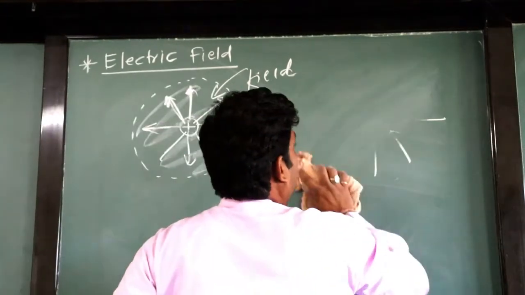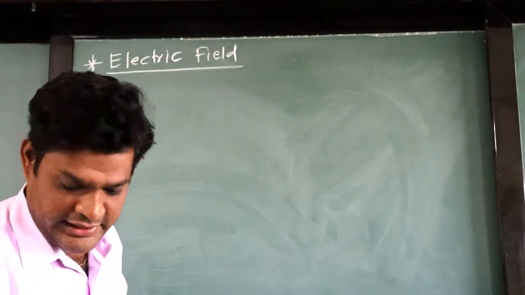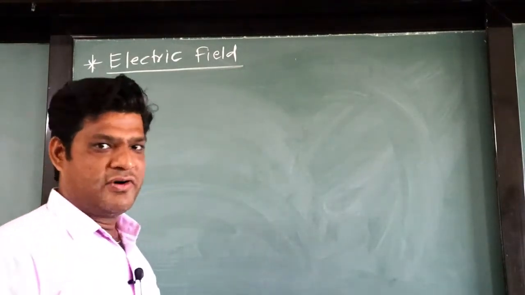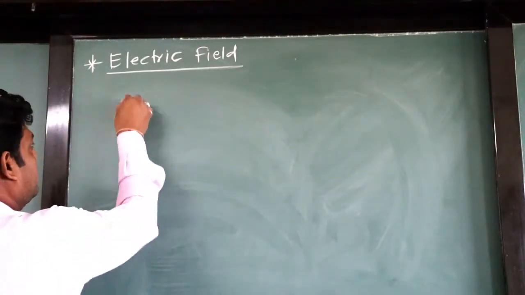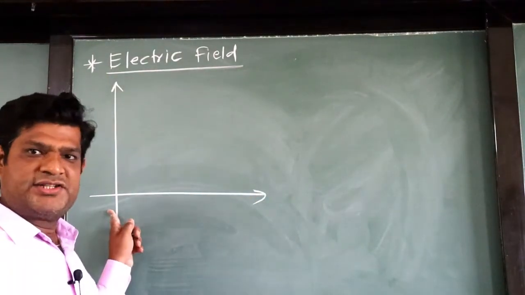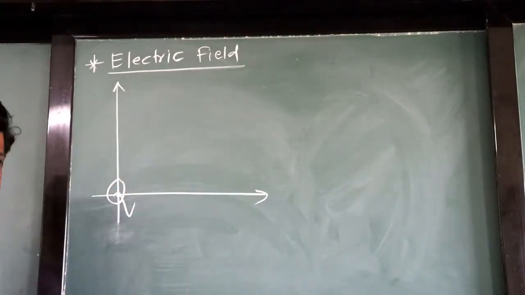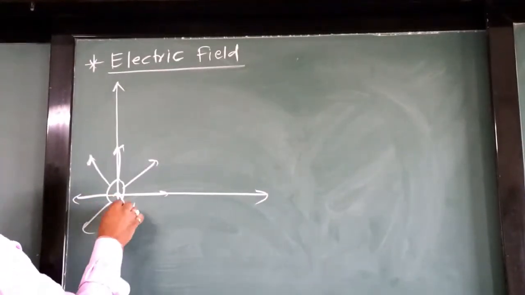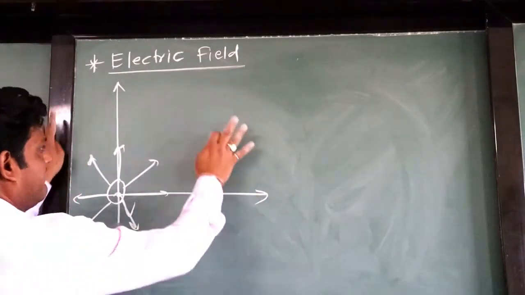Okay. So see, here we are going to consider an electric field, right? So we know that electric field is due to the charge particle. So for that purpose, we must have to consider one charge particle. See here, it is an xy coordinate system. At the origin of the xy coordinate system, we are going to keep one charge. So it is a charge. Around this charge, there is a presence of electric field in all directions, as we studied. So here the presence of electric field, right?